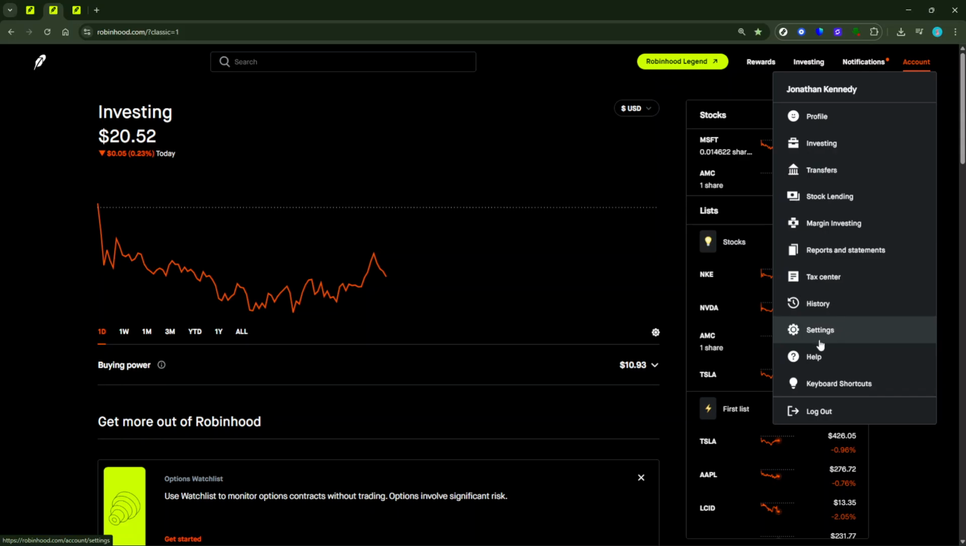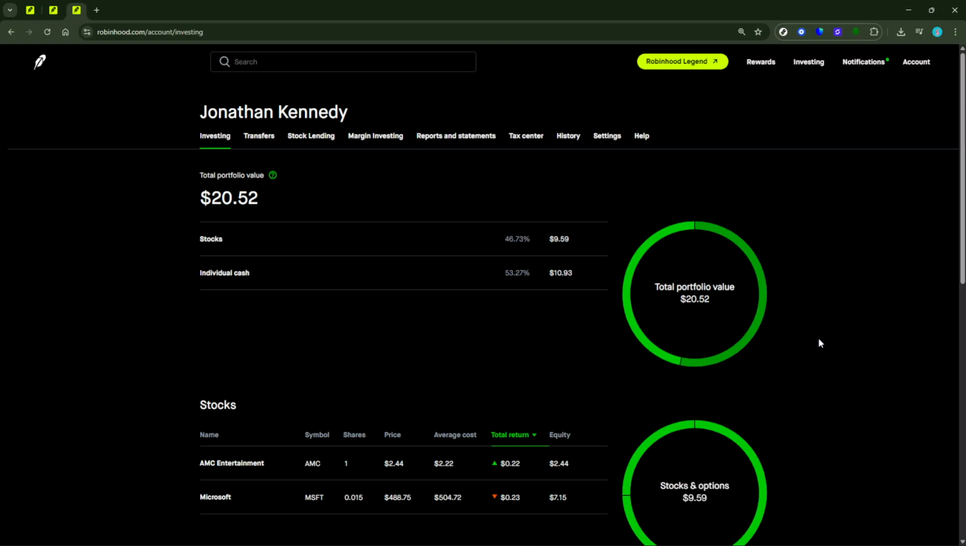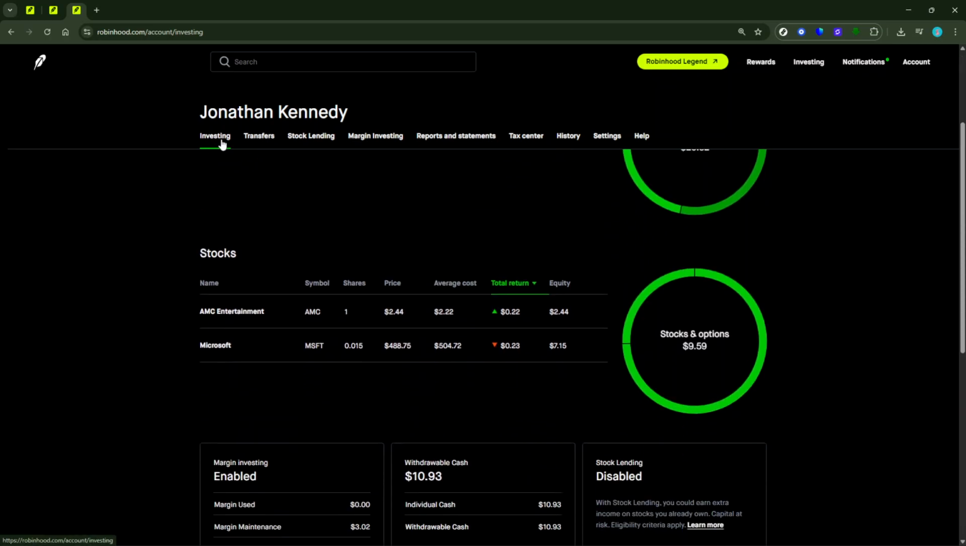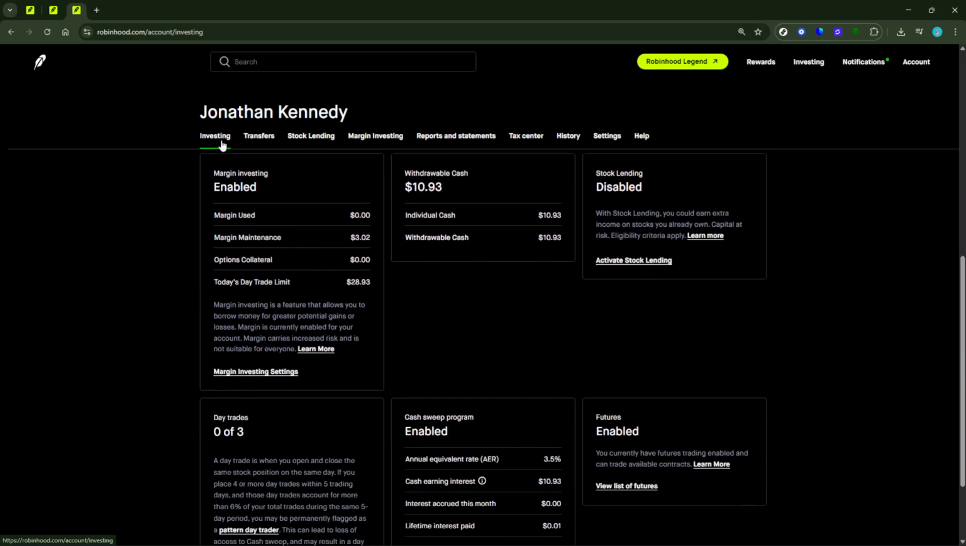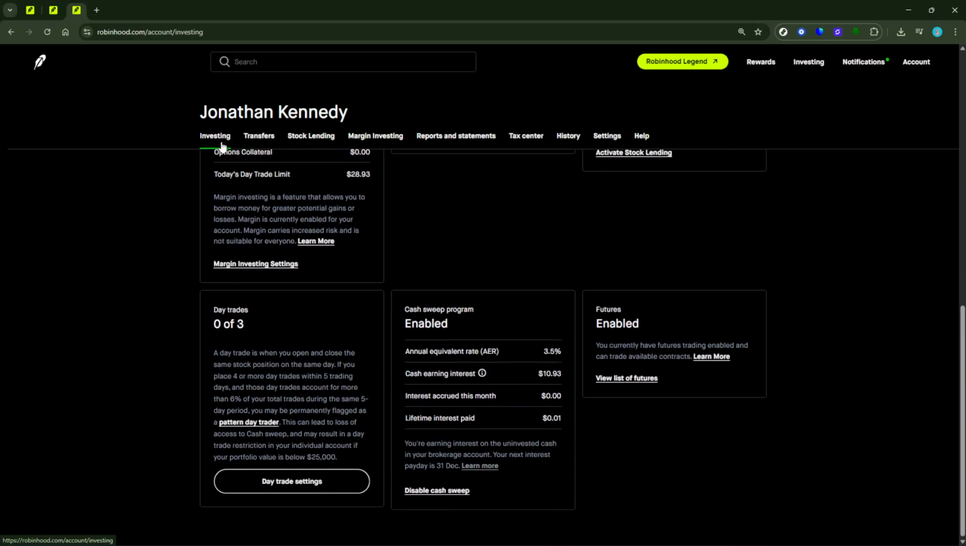Now, within the Settings page, you'll notice several different sections. Look for the one labeled Investing and give that a click. This section is where Robinhood keeps track of various details related to your investment activities, including information about your day trading. After you've clicked into the Investing section, the next thing you'll need to do is find and select the